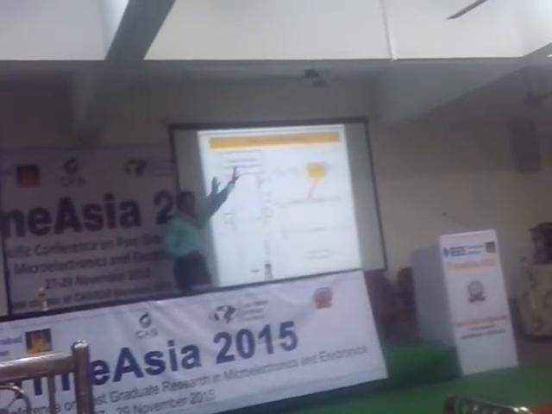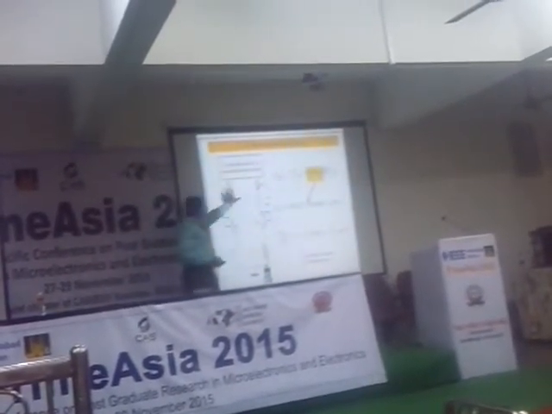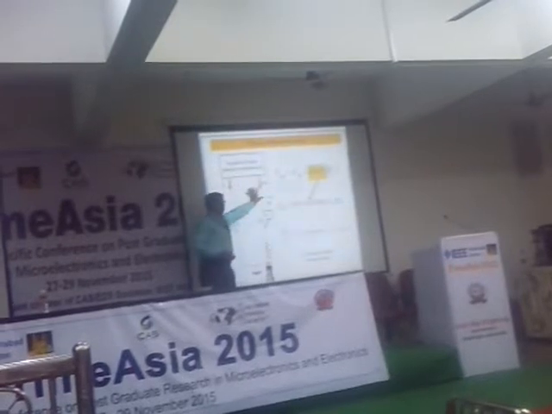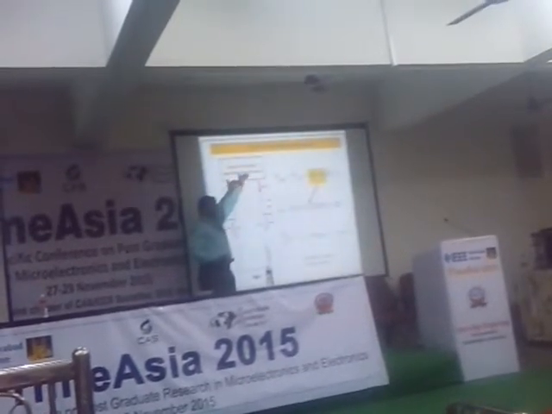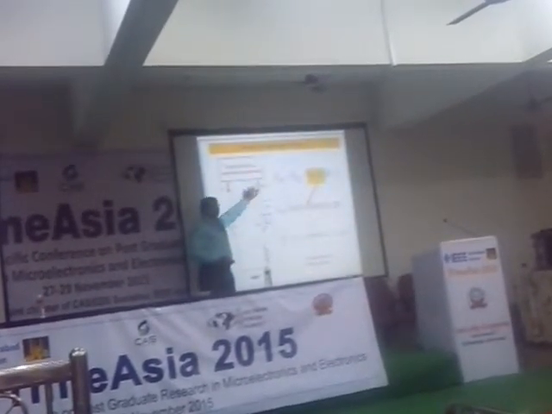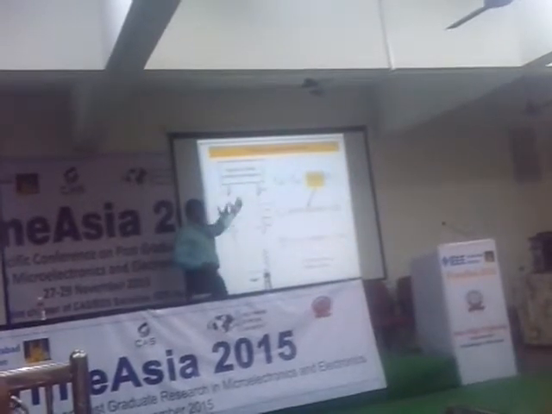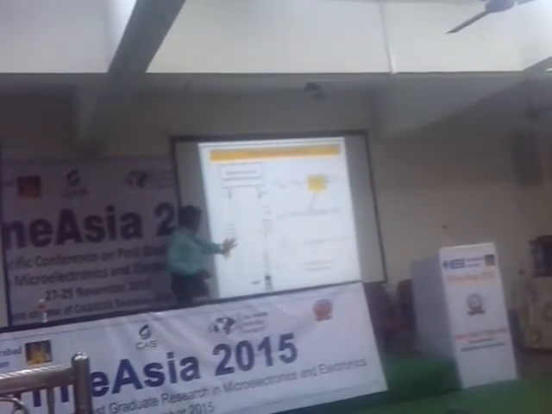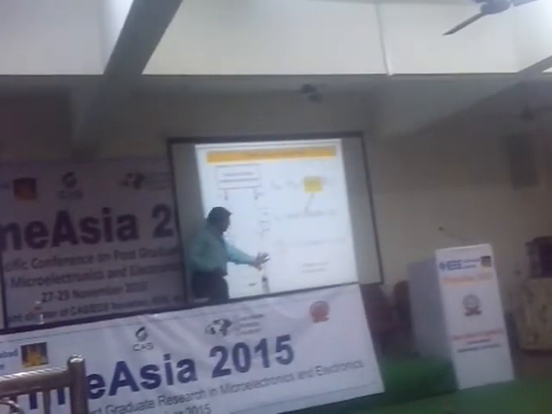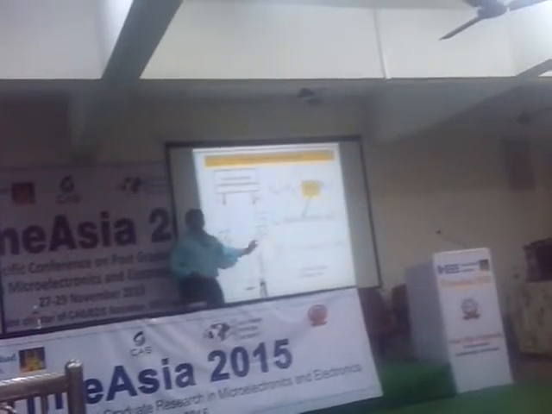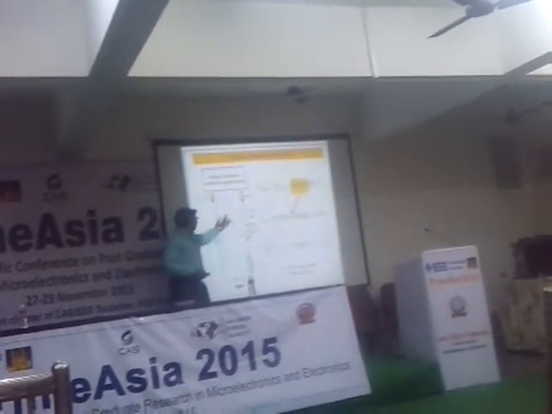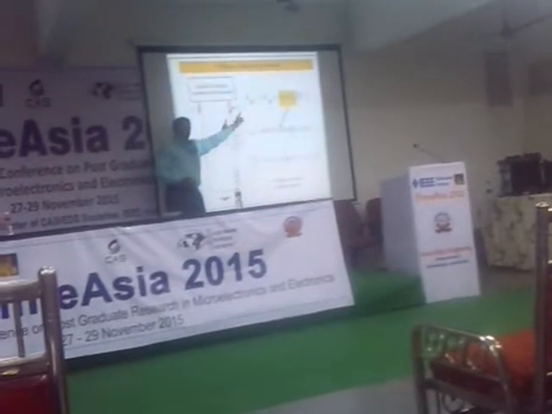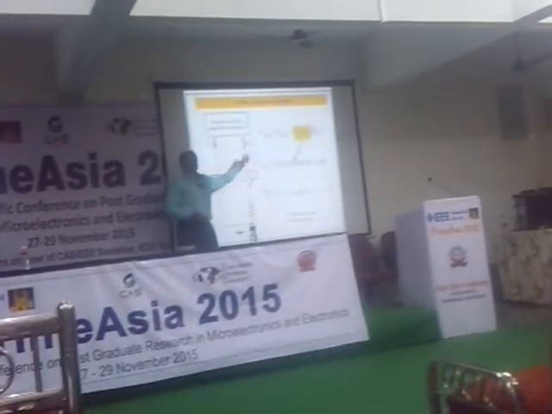Here you have two different current sources. You will try to make this voltage equal to this voltage through negative feedback. Only when this voltage is equal to this voltage will there be a constant supply given to the circuit, or else there will be no supply given to the circuit. So when you make this voltage equal to this voltage, you have VBE1 equal to VBE2 plus I into R. So I into R will be equal to VBE1 minus VBE2.